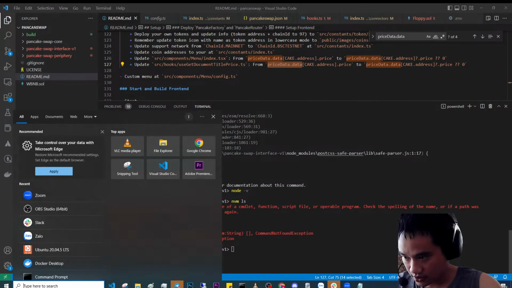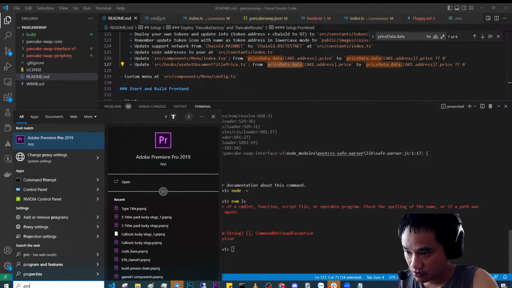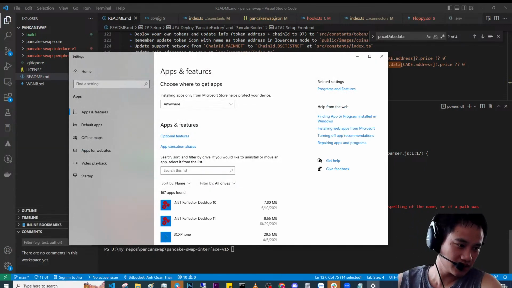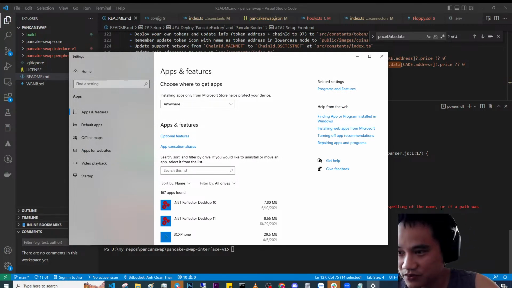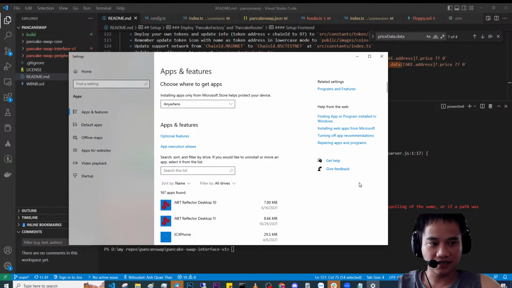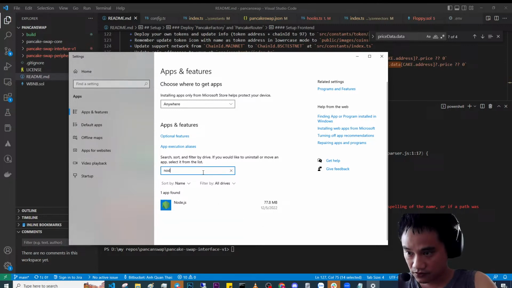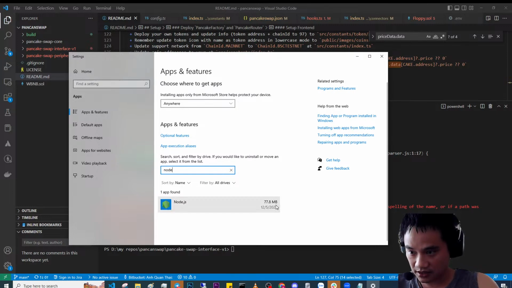Let me just remove this program. Developers are moving away from developing on Windows. As a best practice, on this machine I use Windows Subsystem for Linux to avoid all these issues. I think I have two versions of Node.js, so I just remove this and install